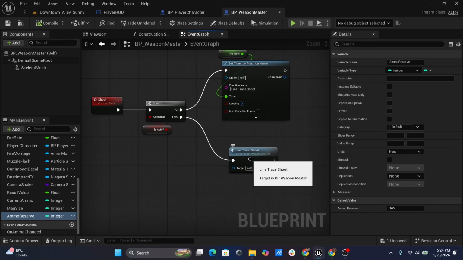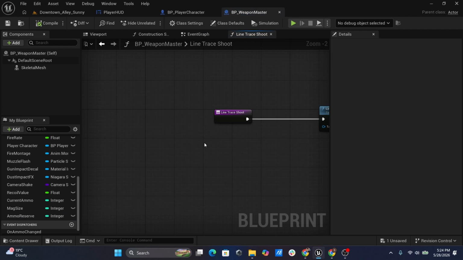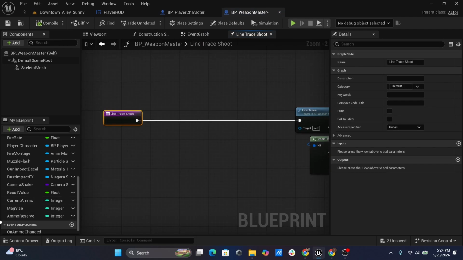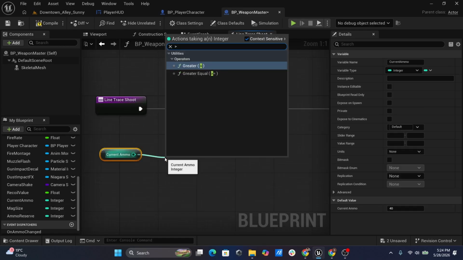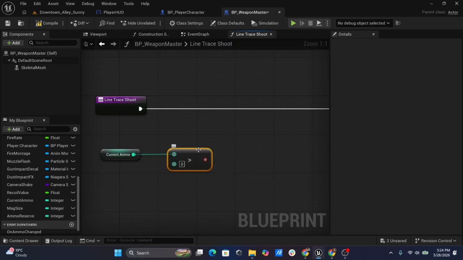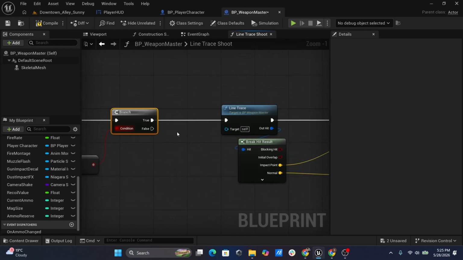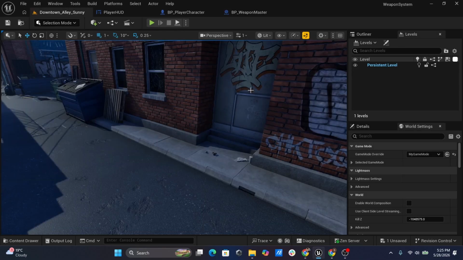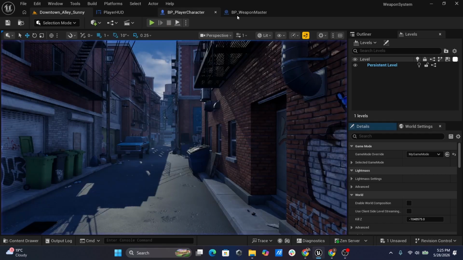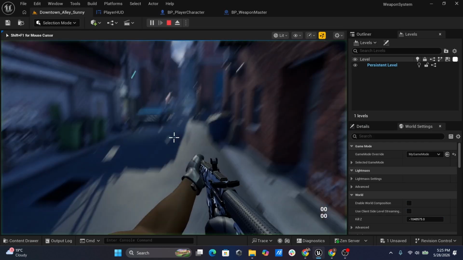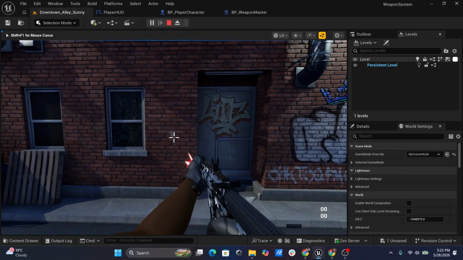Now, onto our line trace shoot, we need to add a few checks. The first one is we can only shoot if the current ammo is greater than 0. If the current ammo is equal to 0, we can't shoot. So let's add this check. Now, let's make a small change just for some time, let's make this 5. So right now we have 5 ammo in our magazine. So if I fire 5 times,